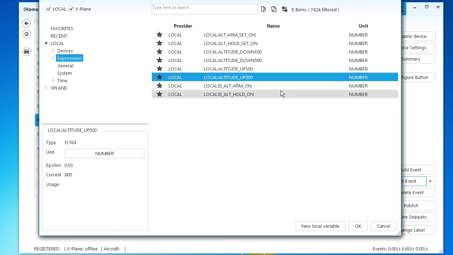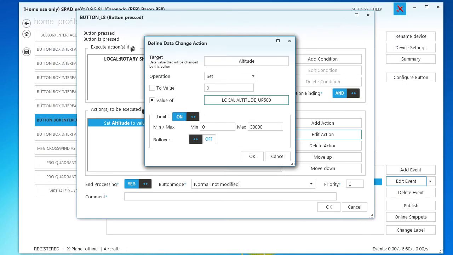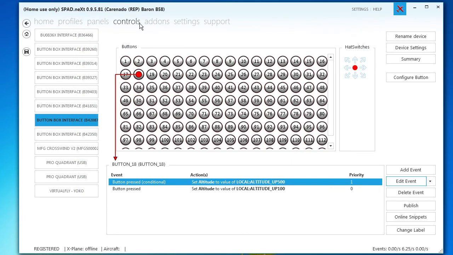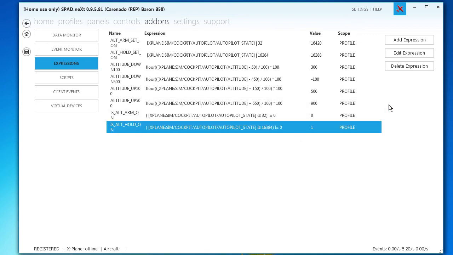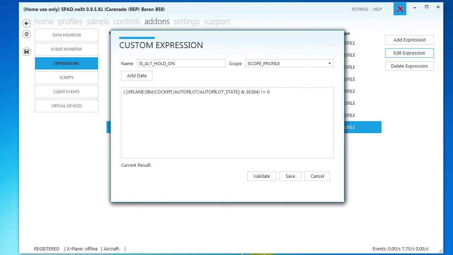Just as we pass through here, you'll see I've created another couple of, or a whole bunch actually of local expressions. I don't think I'm using these at the minute, but these were during my experiments. I've created these to look at particular bits in the altitude status. The altitude state, can we edit this from here? No, let's go back to the add-ons, expressions menu. If we go to is altitude hold on variable and we edit that,